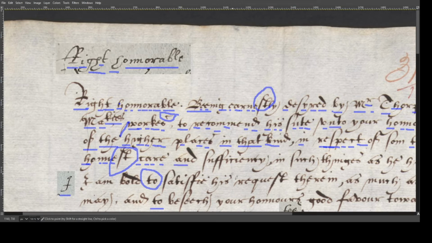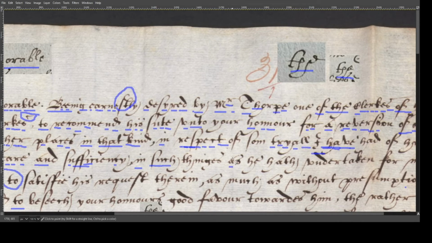And now here's an important thing to learn in secretary hand. That's an S, as you see, and that's a U. But this is a double F. And this double F is very common in secretary hand. It looks like sort of an A with a loop on top, and you'll see this very often. So it's S-U-F-F-I, that's a C, I-E-N, that's very hard to see, but it's a C, Y. So it's sufficiency in, that's hard to read, but that's S-U, that's a C, and then an H, so such, that's things,